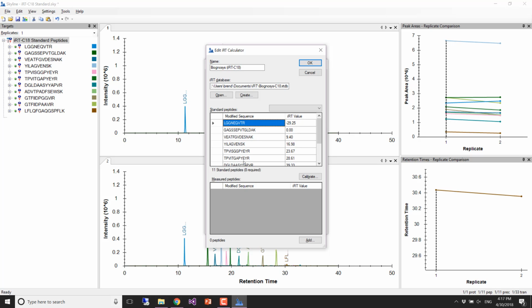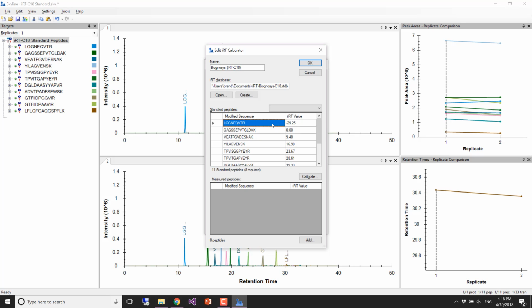I've seen libraries that came from Biognosis that then got run on some other chromatography, and when you look at the retention time correlation between the IRTs in the library and the measured times, there's this curvature, and so not all gradients are equal, and so you're going to lose some